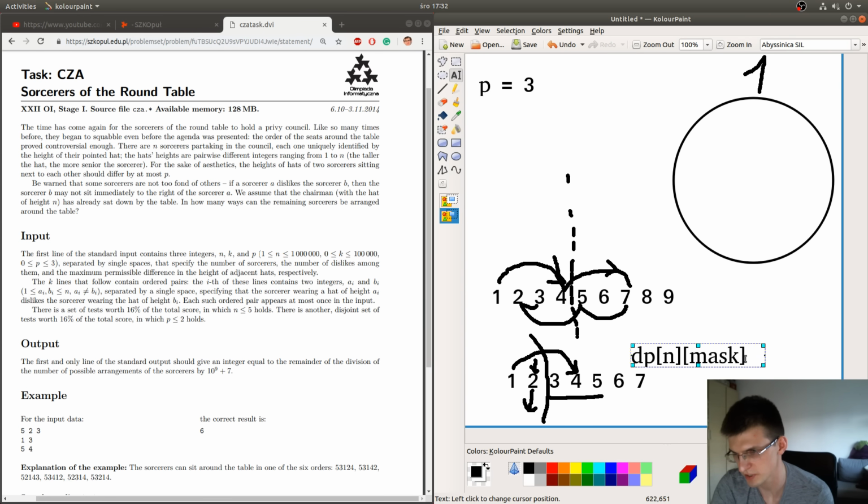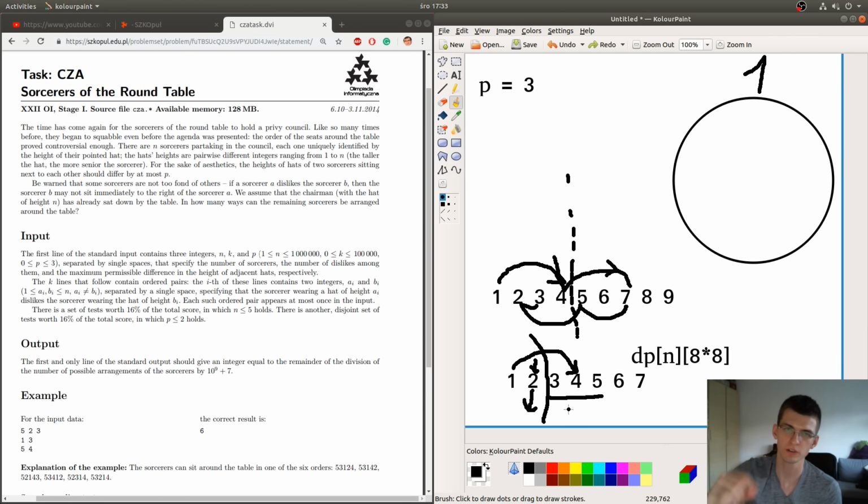What I claim is that this mask should be this time 64, so 8 times 8, or also you can say 2 to the power 6, because for these next 3 numbers, for each of them you want to know whether you've already put an edge going into this vertex and whether you already chose an edge going out of this vertex.